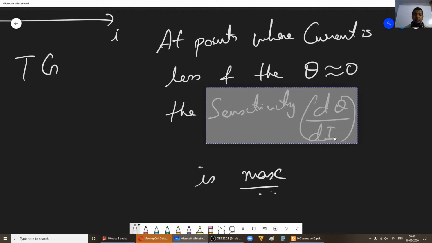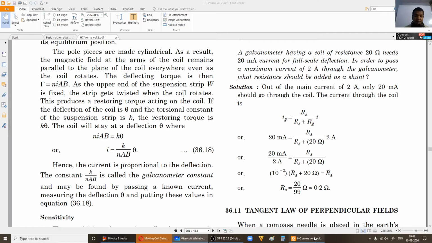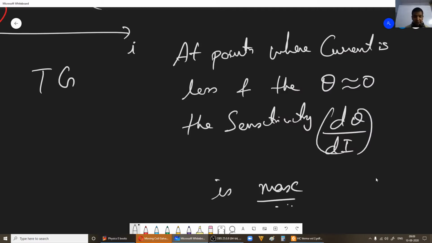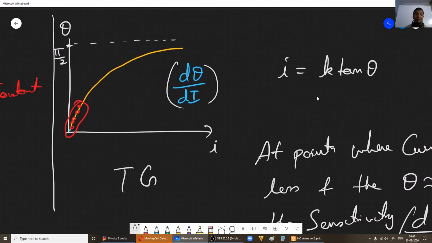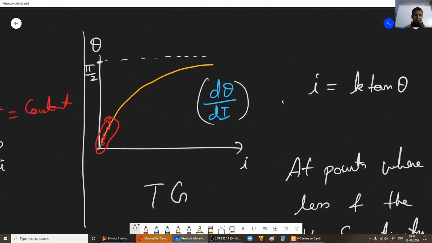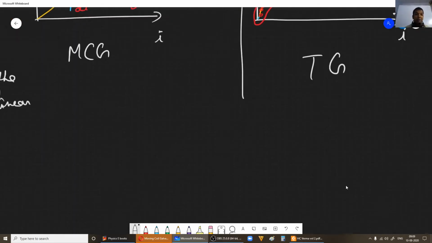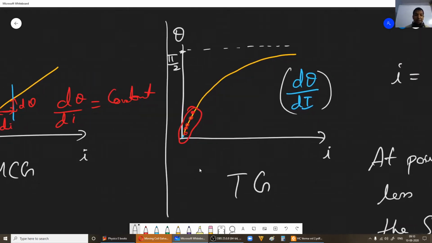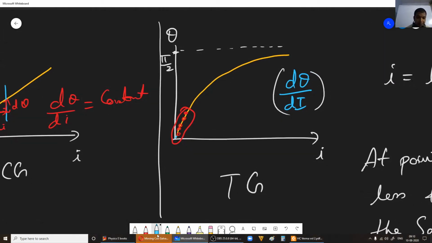Now why we saw it the other way: in HC Verma, as I told you, this is what they have given. Strictly speaking, they have not considered d theta by di here. It all depends on how the instrument works. When you come to the moving coil galvanometer, no matter where you are, whether the current is less or more, the deflection per unit current always remains constant. But this d theta by di here keeps changing. You just have to draw a tangent, and the slope of the tangent will give you d theta by di at various points.